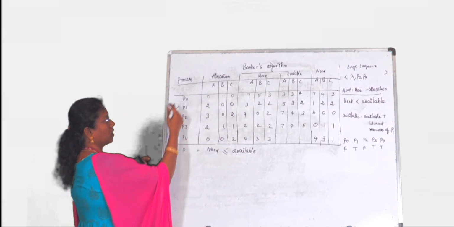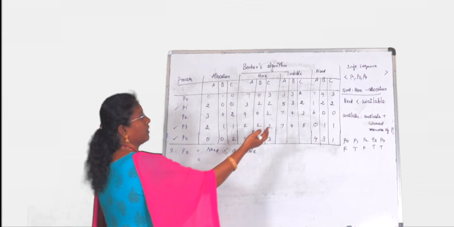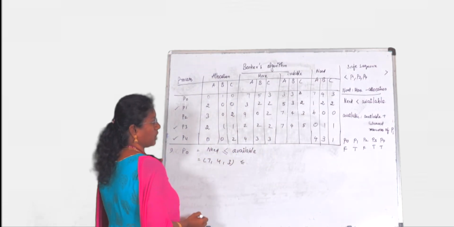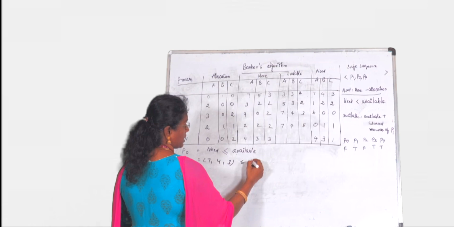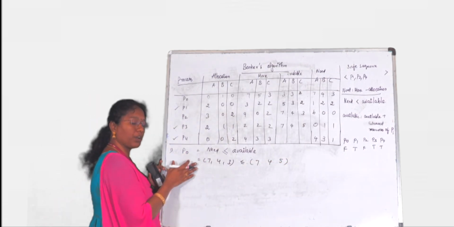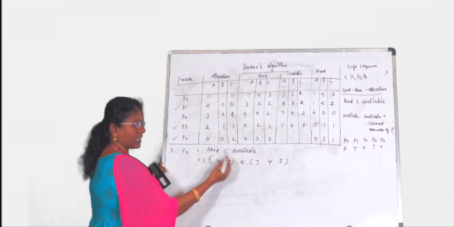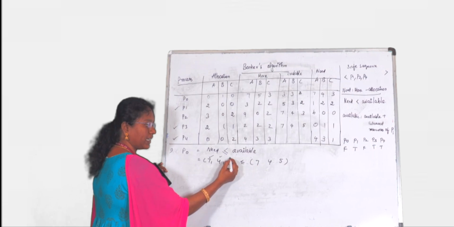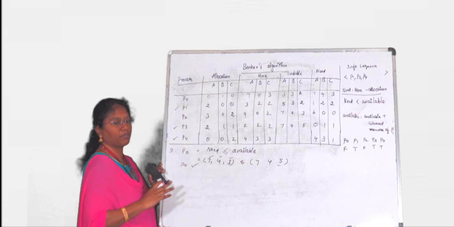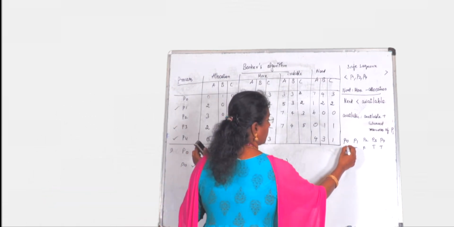Then it will check which process wants to execute further. Now you come to P2. Sorry, P0. What is the needed resources of P0? 7, 4, 3, less than or equals to available. Now newly available is 7, 4, 5. Sure, P0 will execute because the need is less than available. 7 is available, 4 available, it needs only 3 but 5 is available. So P0 will not wait for any further resources. So P0 will execute and P0 becomes true.